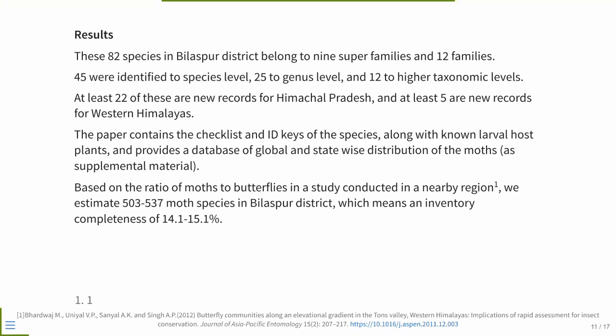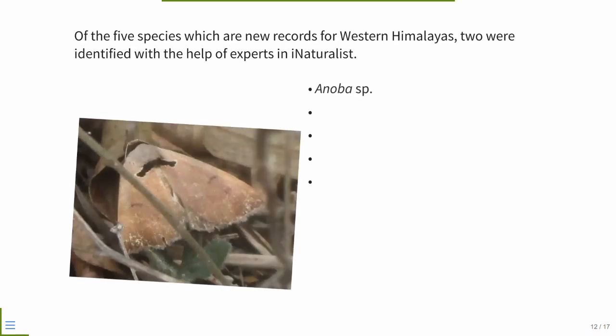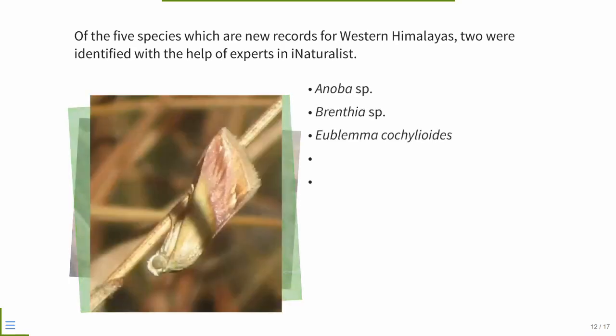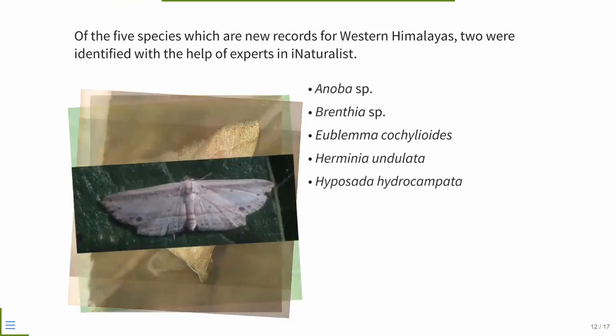We estimate around 503 to 537 moth species in Bilaspur district, which means an inventory completeness of 14.1 to 15.1%. Of the 5 species which are new records for Western Himalayas, 2 were identified with the help of experts in iNaturalist: Anoba pranthia, Eublema cochleoides, Herminia undulata, and Hypocera hydrocampata, the last 2 being the ones that were identified with